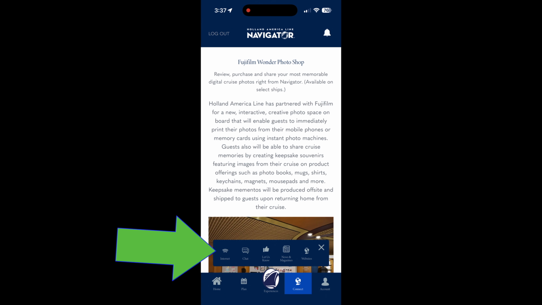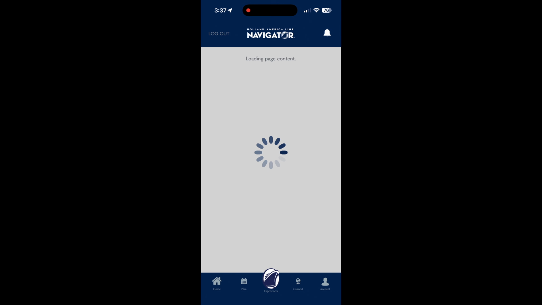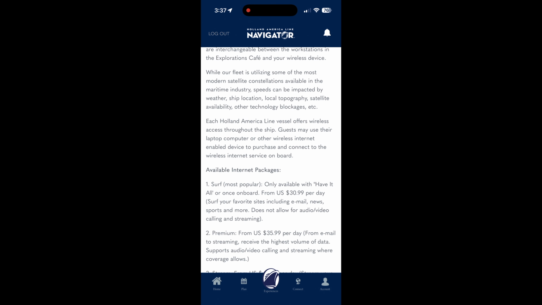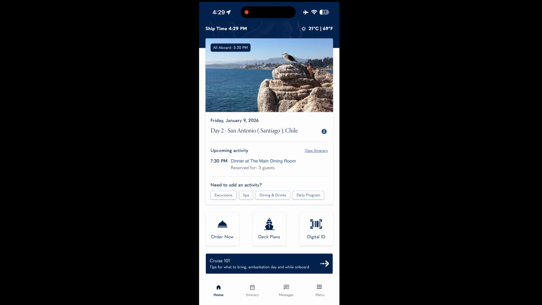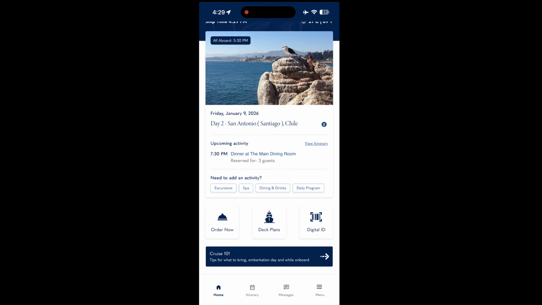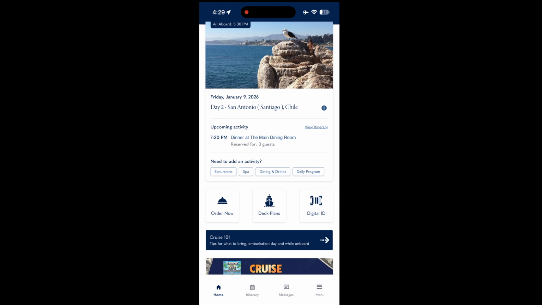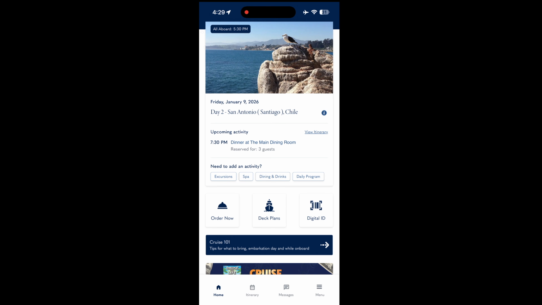And then internet, it'll talk about the different packages. You can get some different types of internet packages there. This particular view is after we get on the ship. Notice that the boarding pass has gone away, so there's no longer that, but you can look at the dining,